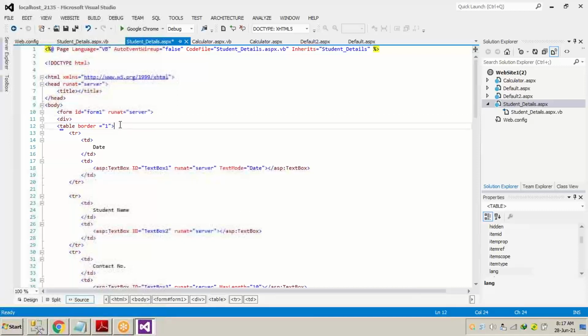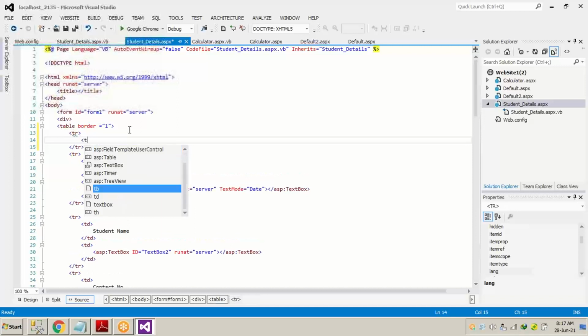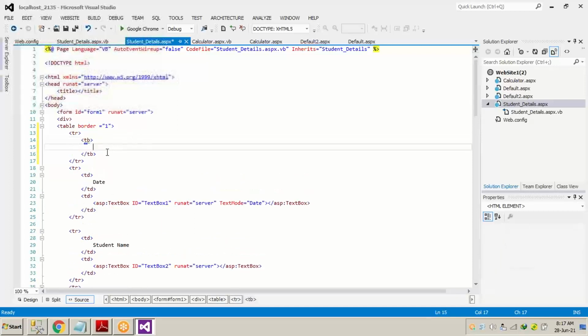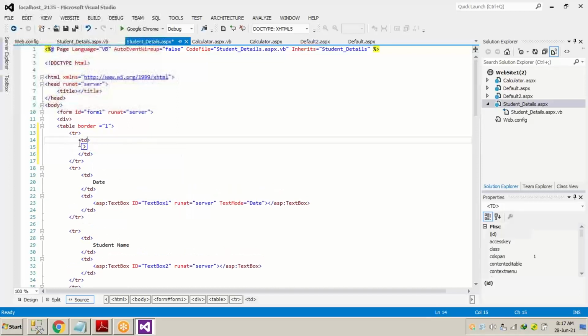At the start of the table we take a TR, and inside that a TD, and with this TD we add colspan equals 2.